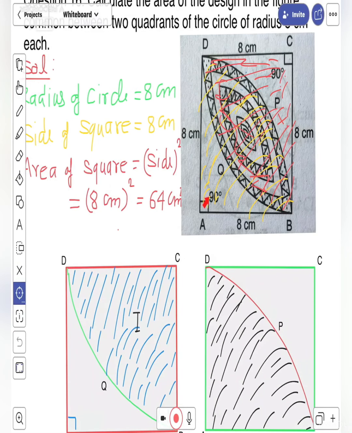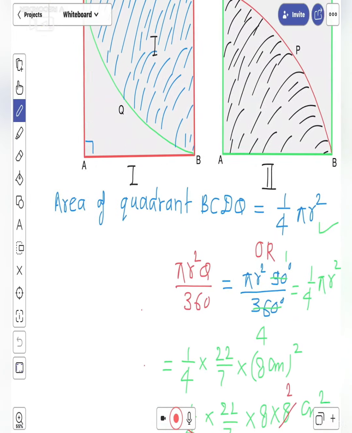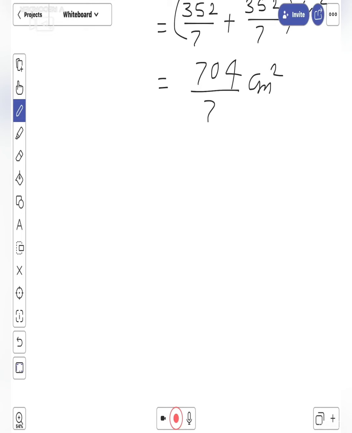कैसे? जब आप एरिया ऑफ स्क्वायर को सब्ट्रैक्ट करेंगे तो इसमें ये डिज़ाइन भी माइनस हो जाएगी, लेकिन अभी जो आपने दो क्वाड्रेंट का एरिया फाइंड किया था उसमें तो ये डिज़ाइन 2 टाइम्स आ रही है, तो 1 टाइम्स ये आपका माइनस हो जाएगा, तो 1 टाइम्स तो बचेगा ही, तो वो आपको एरिया मिल जाएगा. So let us proceed with the steps here. I want to once again clear the concept here.